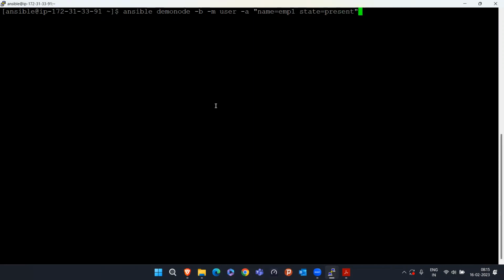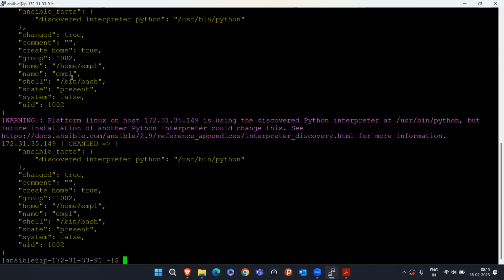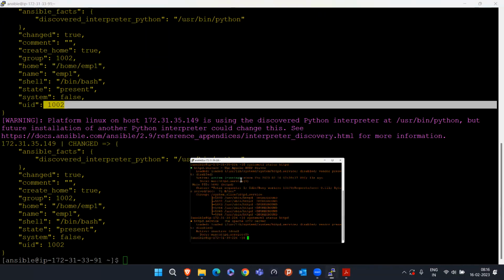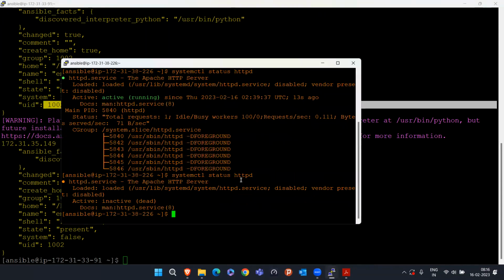I want this user to be present on both my machines. I will simply press enter and you will see that employee1 is going to be created on node one and node two also. I'll press enter. They are saying that we created this employee1, with the directory /home/employee1 and the user ID set to 1002. So if I come here to node one and quickly go